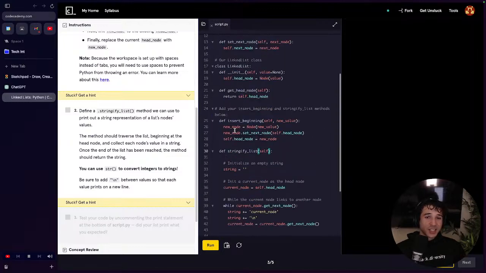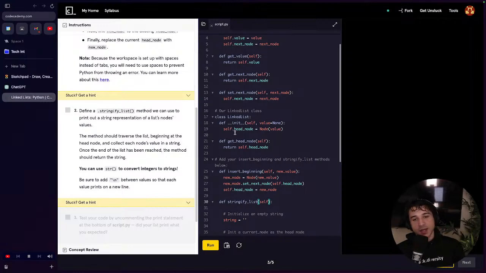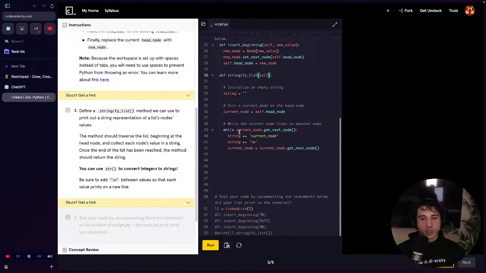So I can't just do for node in linked list, right? Because all we have is the head node. We don't know how many nodes are in the linked list. So we start at the current node. The reason I'm having trouble conceptualizing this, we start at the current node. So I can't use a for loop. Can I use a while loop? So while current_node.get_next_node is working,